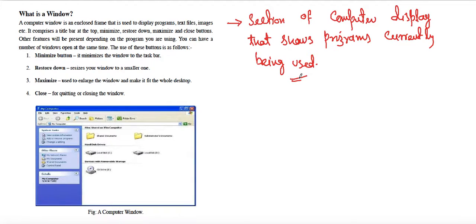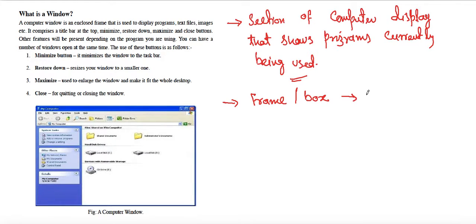is shown inside a rectangular area, and that rectangular area is called a window. Or we can say a window is just like a frame. It is a frame or a rectangular box that shows the currently running program.